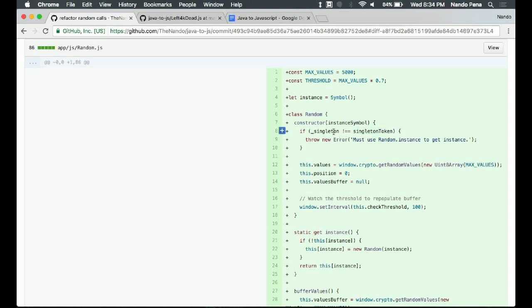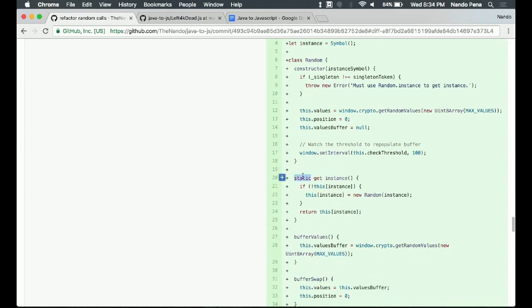But yeah, the singleton pattern is the same thing, where you use a static member, which means that you don't have to create an instance of the class to use it, but it doesn't get to know about any of the instance stuff. That's the drawback. So I don't really need to know about it. I just need to know about this guy right here. The way that this random is intended to be used is you say random.instance. And this is a getter. This is an ECMAScript 6 getter.